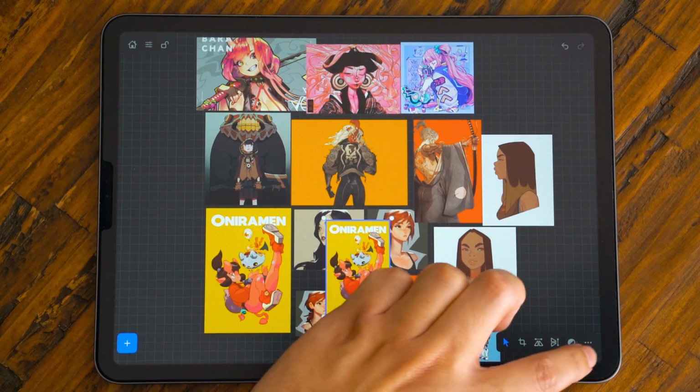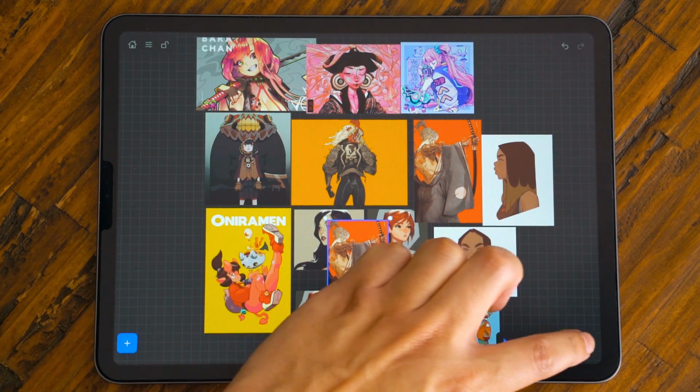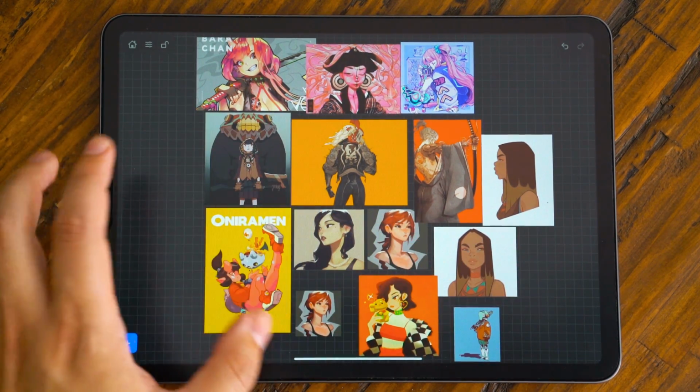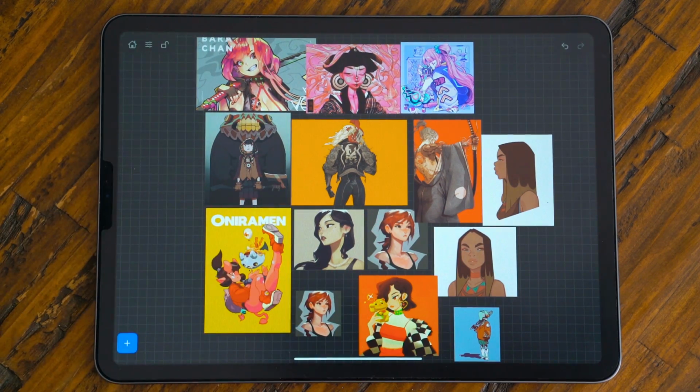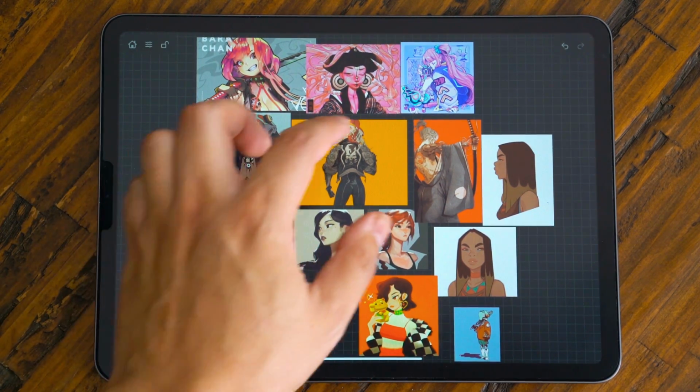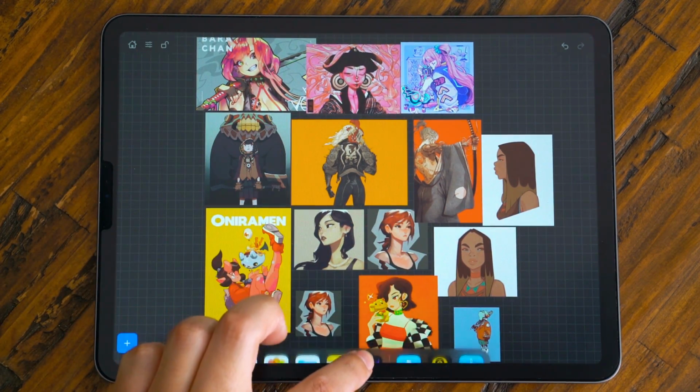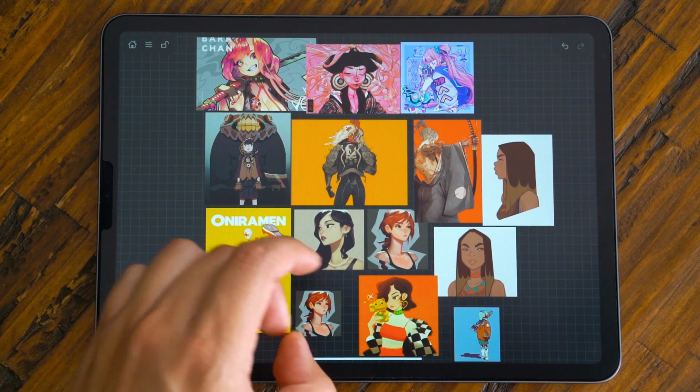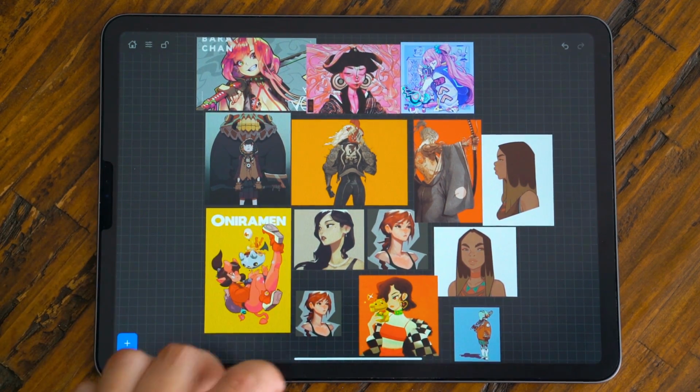But you're going to get the best use out of this app if you really understand how to use iPad OS multitasking features. The first feature we're really going to go over is how to use split view and slide over